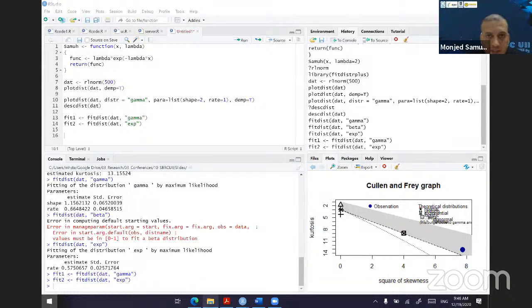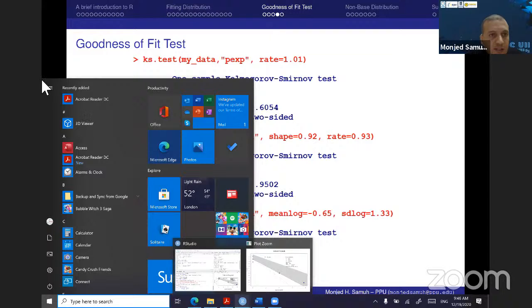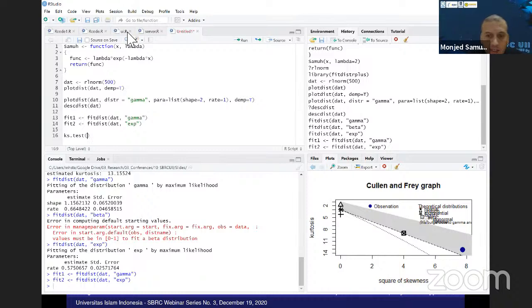So we write ks.test. Inside we write our data, our fitted models we are proposing, yes, we have fit1, comma, and here we assign the theoretical distribution, but in this function we write pexponential, the CDF. The first one is gamma, pgamma. The second one is exponential,